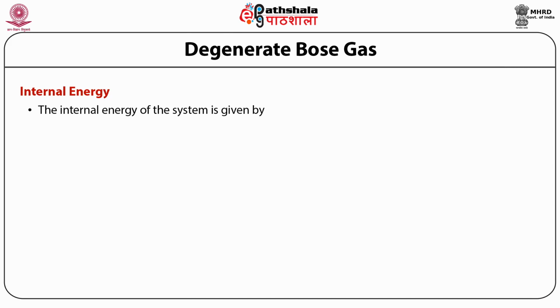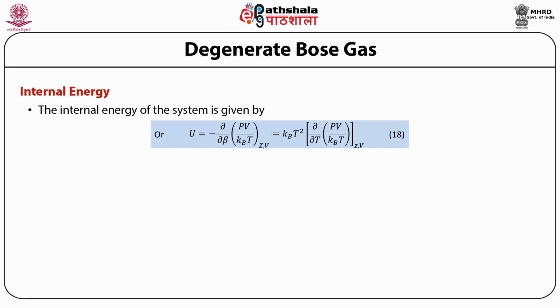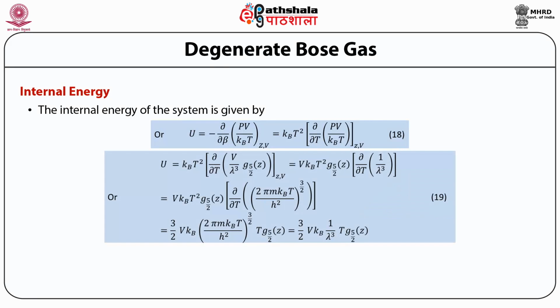The internal energy of the system is given by U is equal to partial derivative of PV upon kBT with respect to beta at constant Z and V, which is equal to kB T raised to power 2 partial derivative of PV upon kBT with respect to T at constant Z and V, or U is equal to kB T raised to power 2 partial derivative of V upon lambda cube multiplied by Bose integral of the order of 5 by 2 with respect to absolute temperature T at constant Z and V, which is equal to V kB T square Bose integral of the order of 5 by 2 multiplied by partial derivative of 1 upon lambda cube with